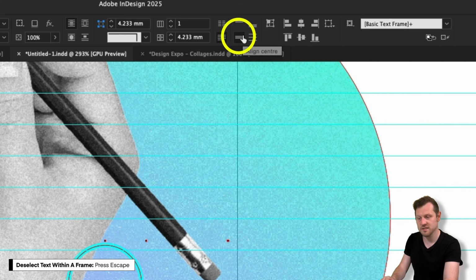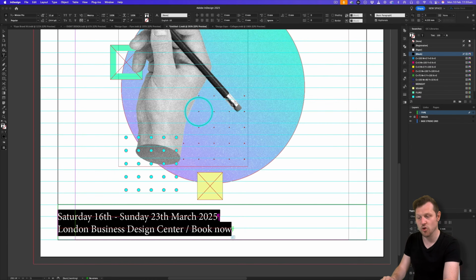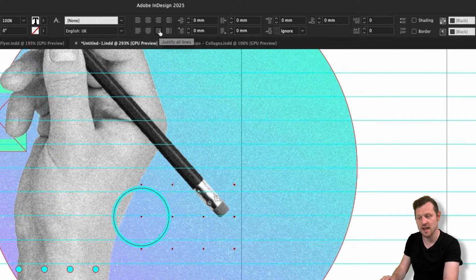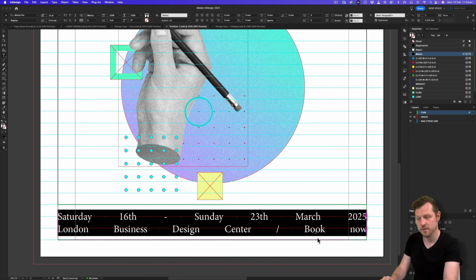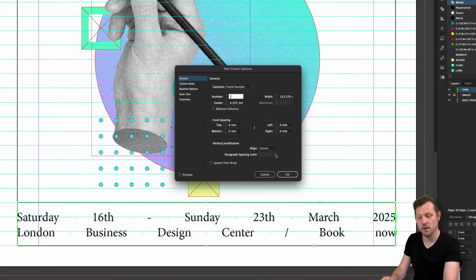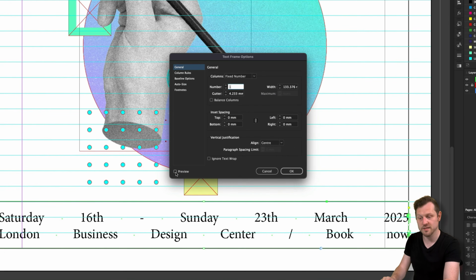I'll click back into the type frame and select all, and up in the control panel I'll click the justify all line button, and that will expand the text across the frame like so. So that's good, but right now the text is butting right up to the left and right side of the base grid. I'll press escape to deselect the text, I'll right click on the frame, come to text frame options, hit the preview button, and for the inset spacing,